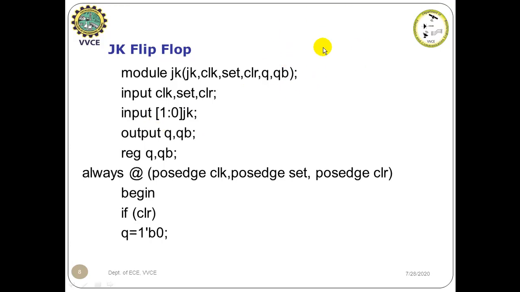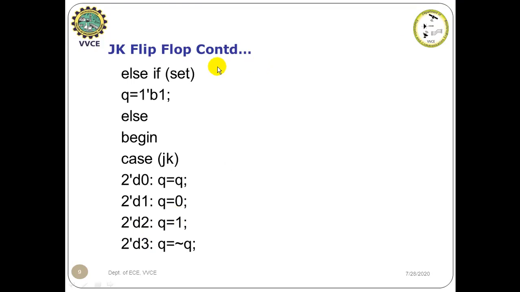The variables that we have chosen in the output should be stored in a register. I am doing it by copying the same variable using the reg keyword. After this I am testing the functionality of the truth table for every positive edge of clock, or every positive edge of set, or every positive edge of clear. If clear is 1, output Q should be 0. If set is 1, output Q should be 1. Else, for other conditions, I am entering the truth table within a case statement.